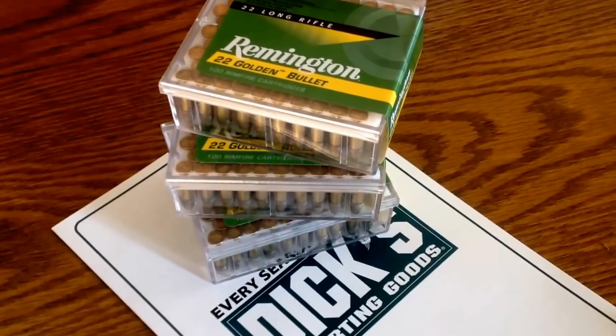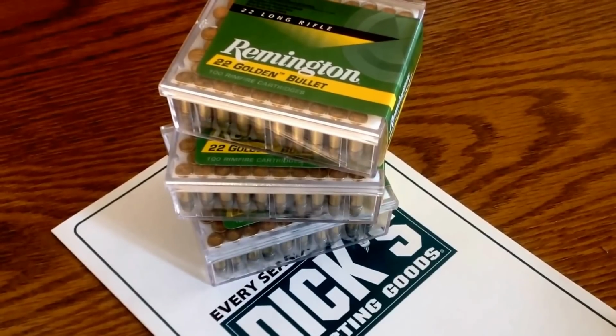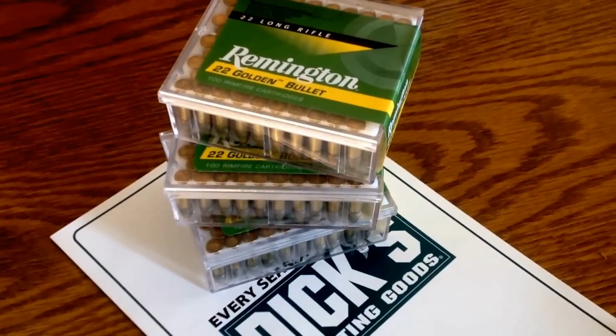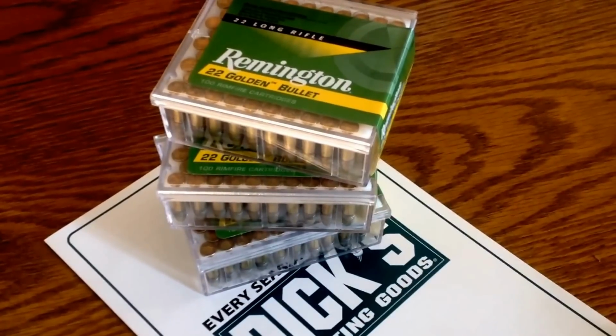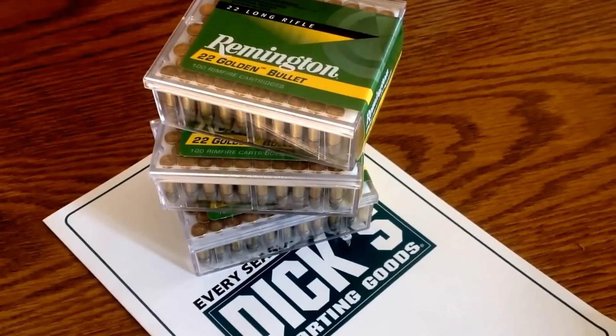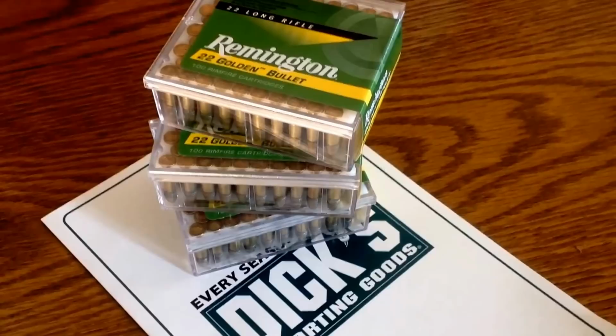In fact, they've got quite a bit of it, so I went ahead and bought 3, and the price was $7.98 a box of 100, or 8 cents a shot. Well, it came to $26 including tax, so raised the price a little bit more, but still less than 9 cents a shot. So there's 22 long rifle out there at Dick's,